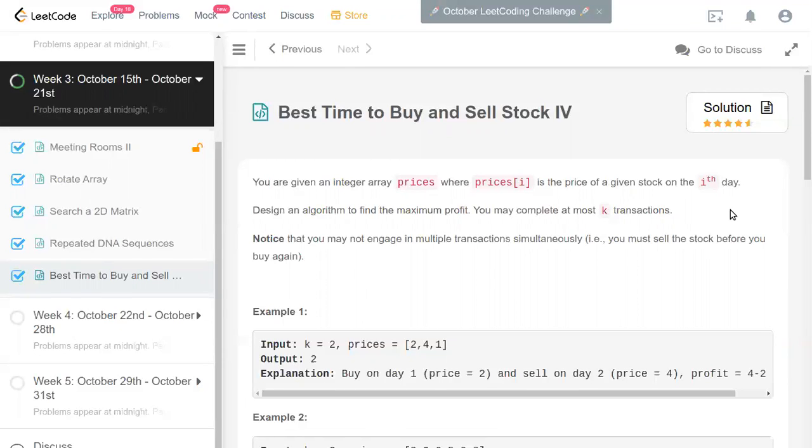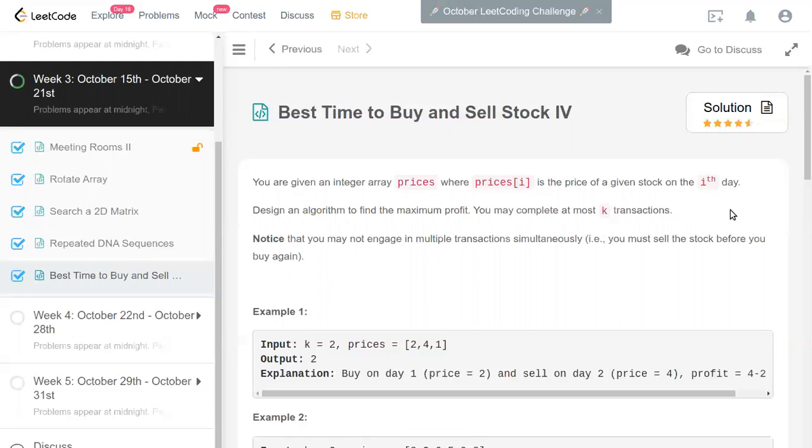One more thing is we cannot overlap transactions. That means once we buy a stock, we cannot buy another one until we sell this one, right? So that's the restriction. Let's see how we solve this one. Clearly, this is an optimization problem, and it's a relatively harder problem. Let's start with the state space approach, and hopefully we land on an efficient algorithm